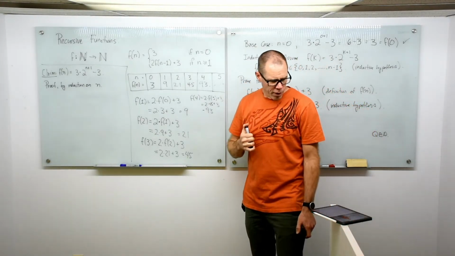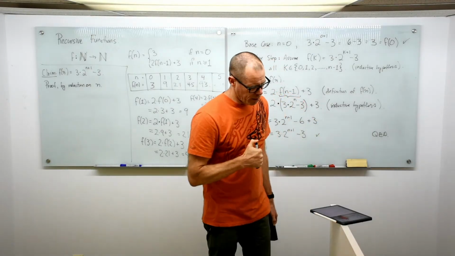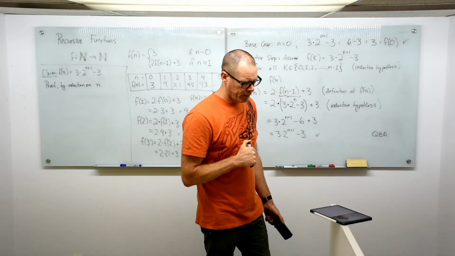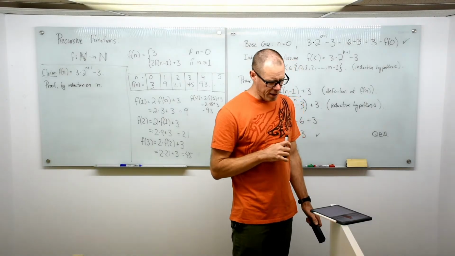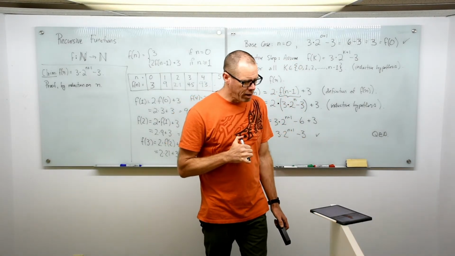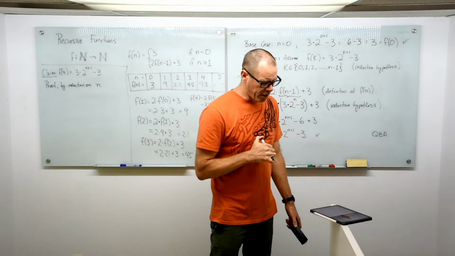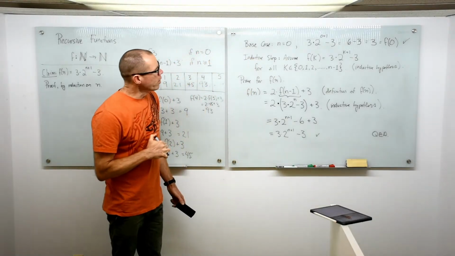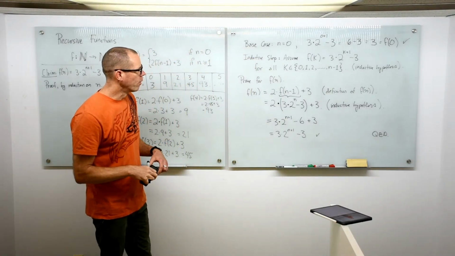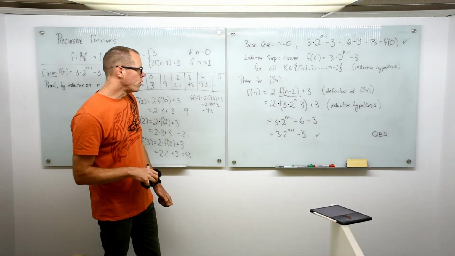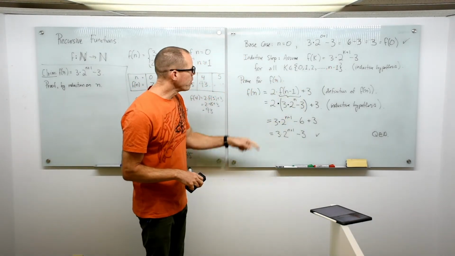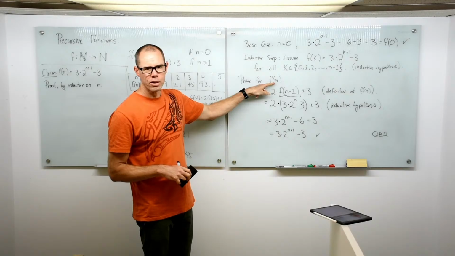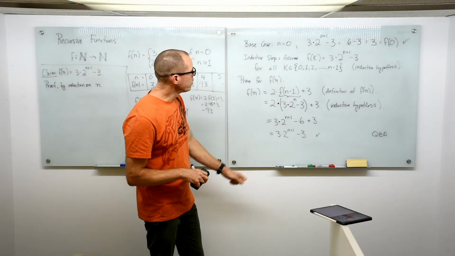When you took 1805, you assumed it was true for all k. I'm assuming the question means for all k less than or equal to n, and then proved for n plus 1. Is there a difference? No, there's absolutely no difference. If you assume that it's true for all k from 0 up to n, then the next step is to prove that it's true for n plus 1. I don't like to do that,